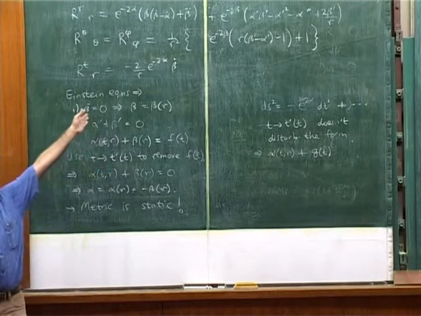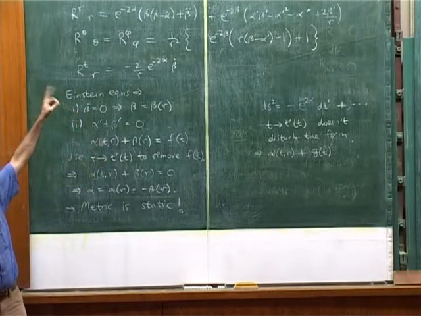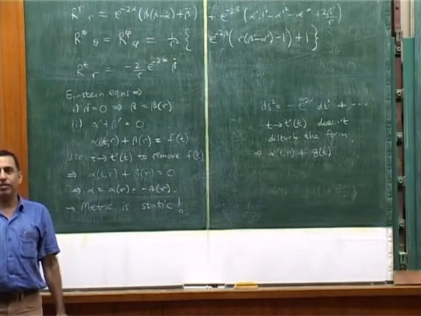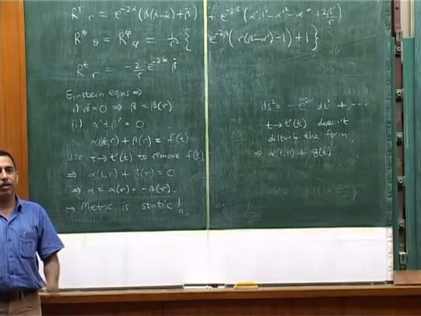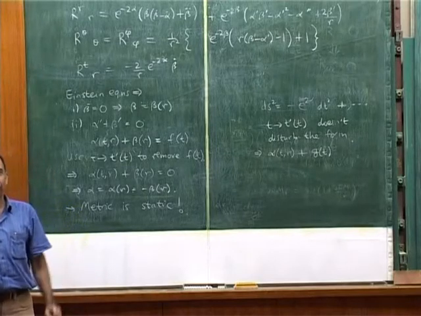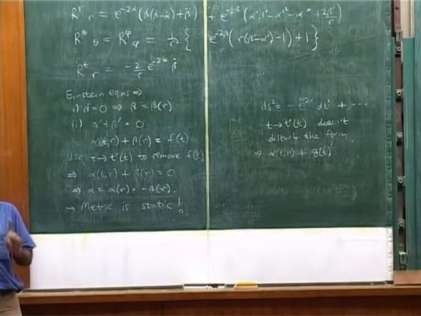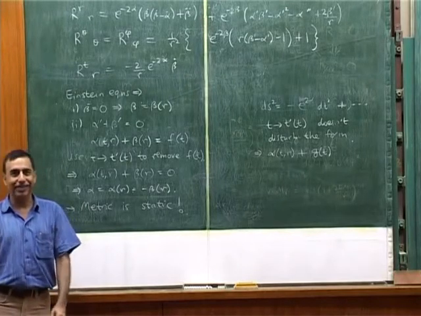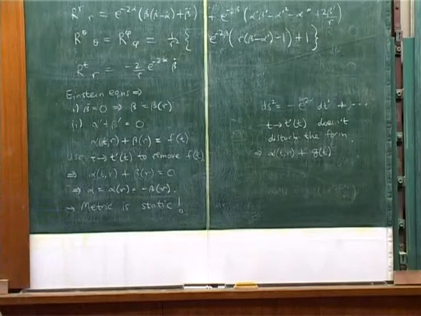We just used, in fact, I must tell you that some of you objected to me setting that cross term to 0 today, but a few lectures back you agreed to it when I called it g0i and I told you we can choose coordinates to set g0i equals 0. That day you agreed to it. So in future, if you agree to something in one lecture, you are obliged to agree to it in all future lectures. Okay? Actually, that's a joke, you should always ask if you are not convinced.